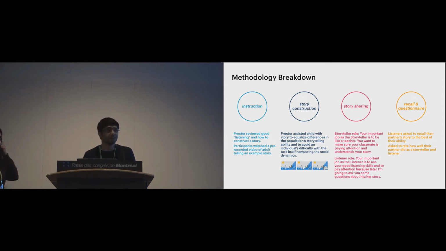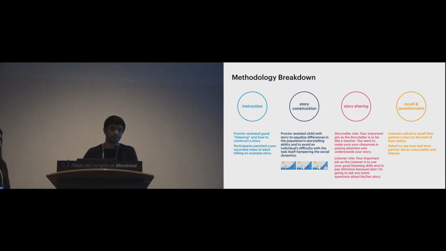The methodology that we used for data collection took place in 4 phases. The first phase was the instruction phase, where a proctor reviewed good listening skills with the child who's going to tell the story. The second phase was the story construction phase. In order to avoid hampering of social dynamics just because a child is not able to form a story, or the child is unable to do the task properly,